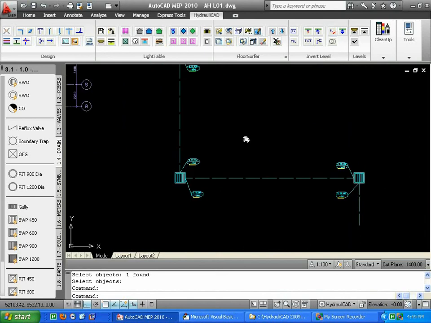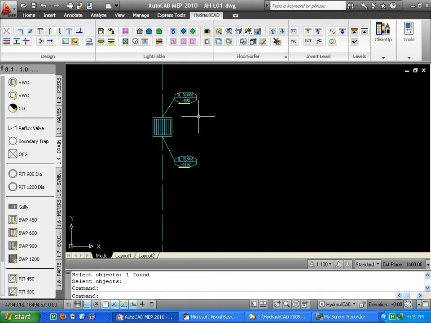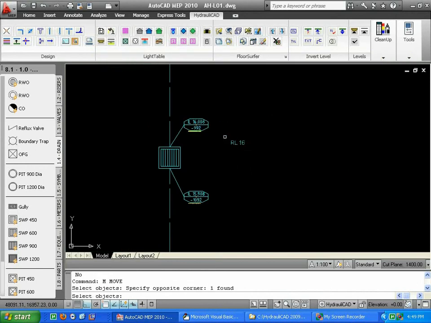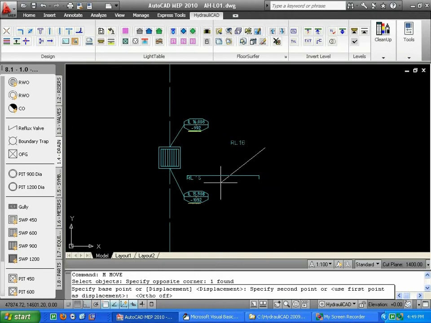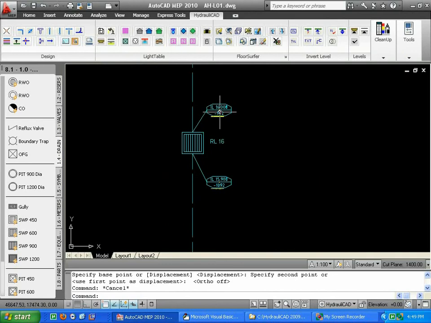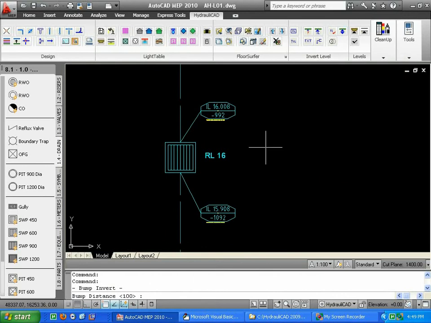What we can also do is, if the RL here changes to, let's say the RL here is 16, we know we don't have any cover over our pipe here, so we can quickly work out to achieve the same sort of cover on this invert level here. We can basically drop this down 8 millimeters quickly, and we're at the RL. We can edit the RL if we want to, so we can say, okay, well the new RL now is 16,